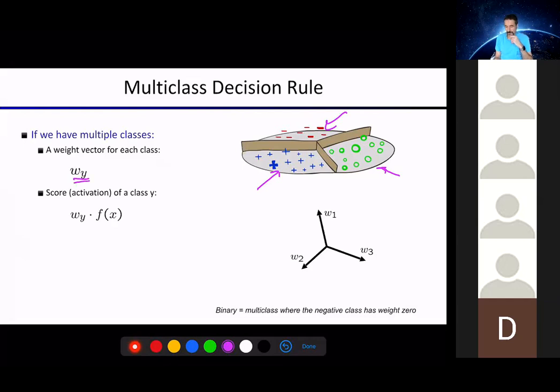So for example, when we have three classes, for each class, we consider a weight vector corresponding to that particular class, and similarly the inner product between the weight vector for that particular class multiplied by the feature value produces the activation for that class. So for each particular class, now we have one activation value